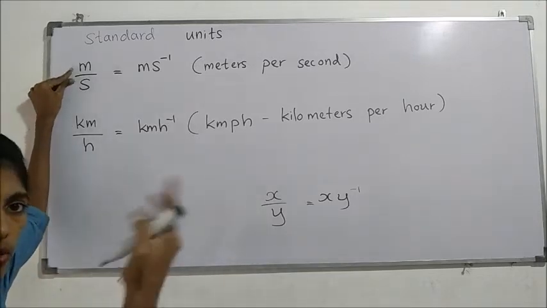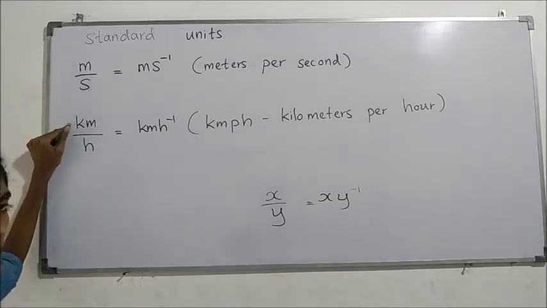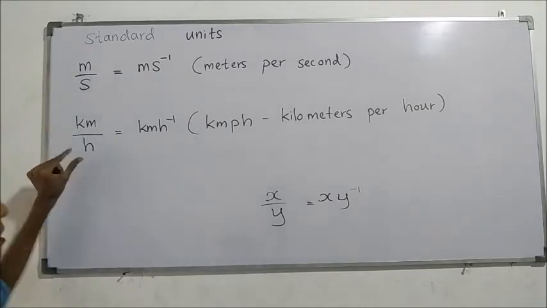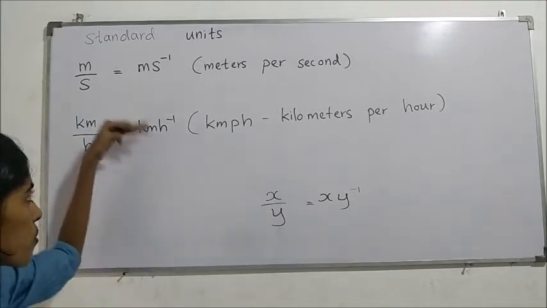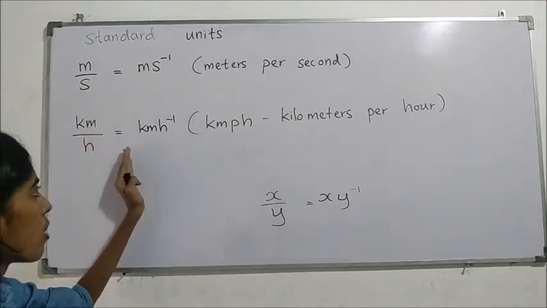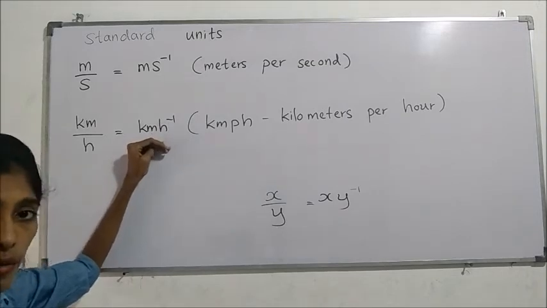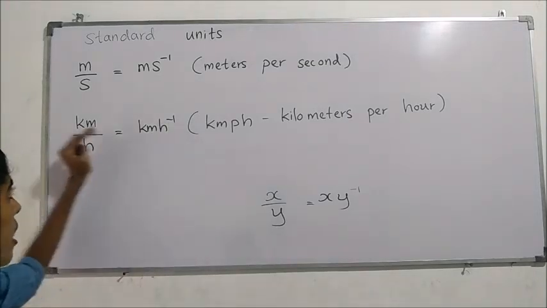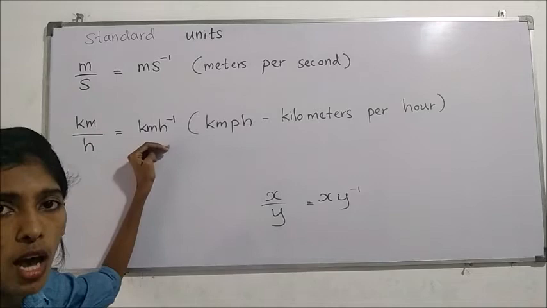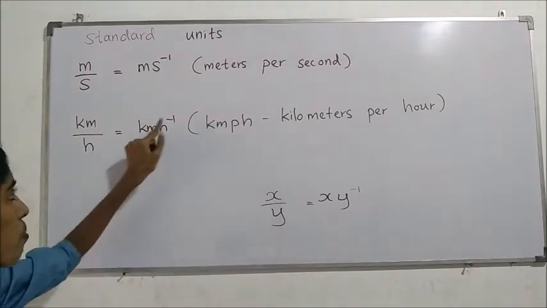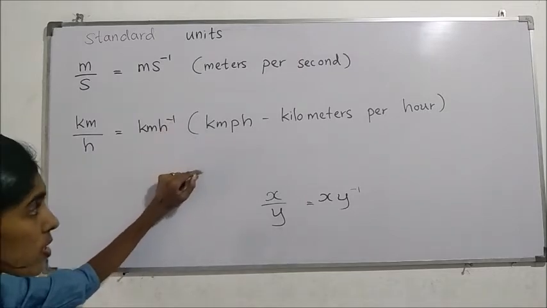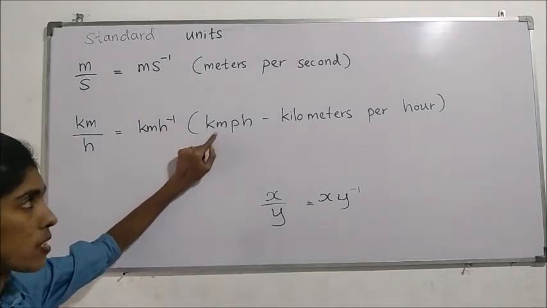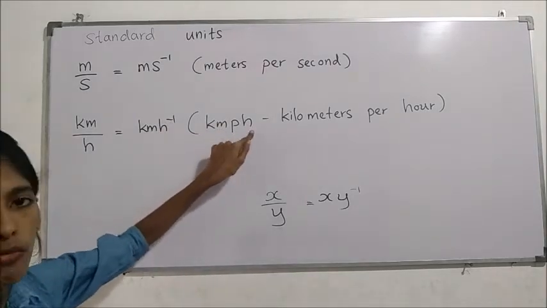Meters and seconds go together separately, and kilometers and hours go together separately. In the same way, after dividing, when you write an answer, along with the answer you need to write the correct units. So at that time we write kilometers per hour, km h^-1. When it goes up, we should mention this minus. Okay, so in this way also we read it, kilometers per hour.